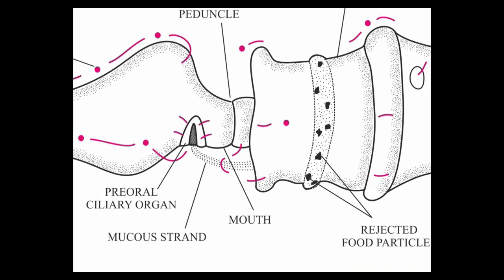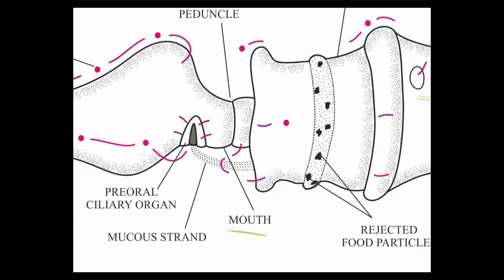Okay, so how does the animal feed? This is the anterior part of the animal having a mouth. This is the mouth, which is ventral to the proboscis at the posterior end, and this is the pre-oral ciliary organ. This pre-oral ciliary organ checks the quality of water which the animal is taking inside. So here are the gills. These are the gill pores.